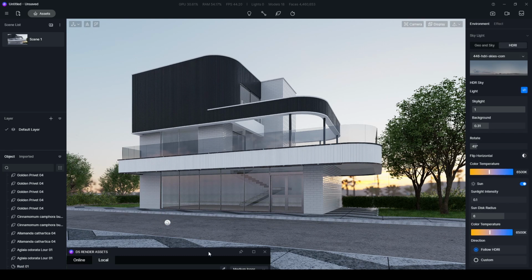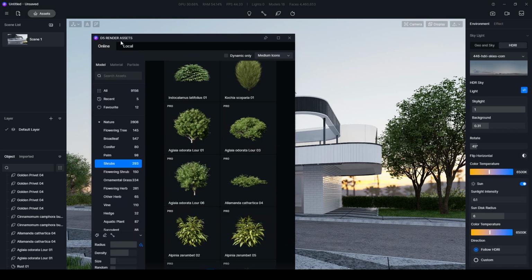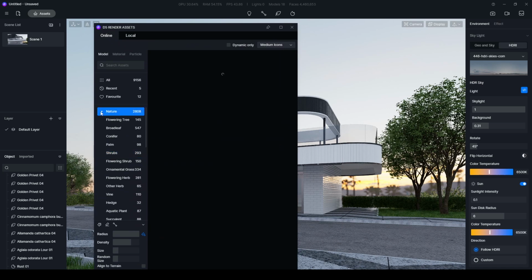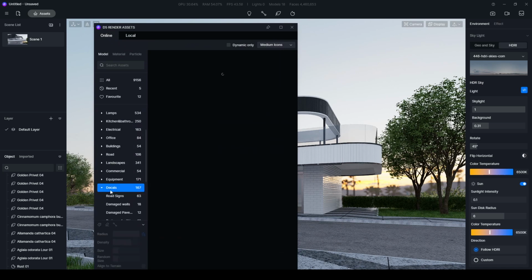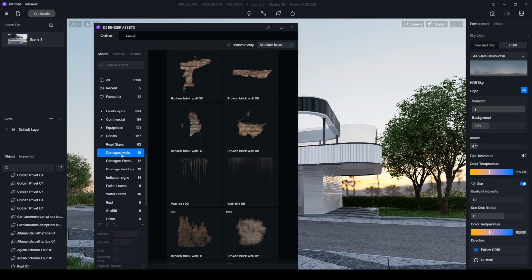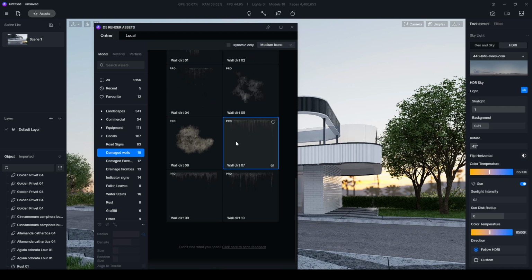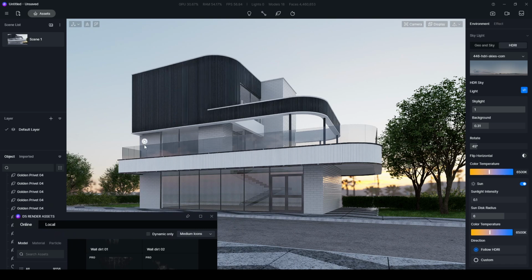And I'm going to use another dirt material from decals, from damaged walls, and this wall dirt 07, which I have used in the previous tutorial also.